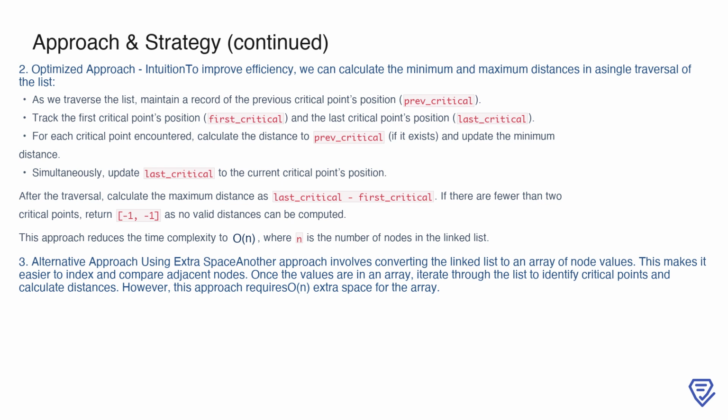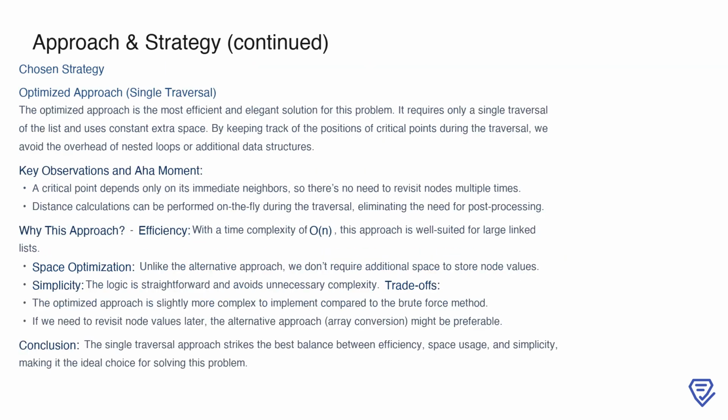Additionally, an alternative approach could involve converting the linked list into an array of node values, which simplifies indexing and comparisons. However, this would require extra space proportional to the size of the list, making it less space efficient. The optimized approach, which involves a single traversal of the linked list, is the most efficient and balanced solution for this problem. By tracking the critical points' positions during the traversal, we eliminate the need for nested loops or additional